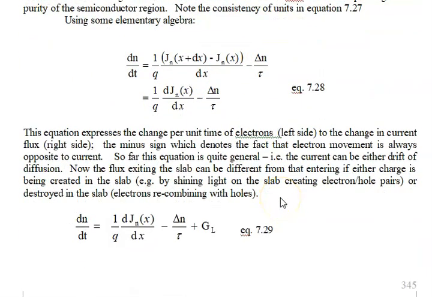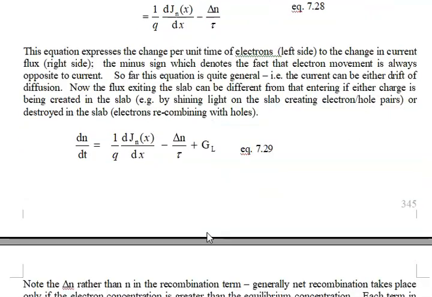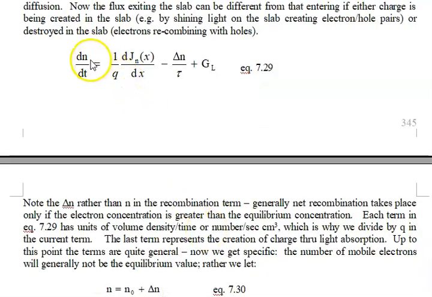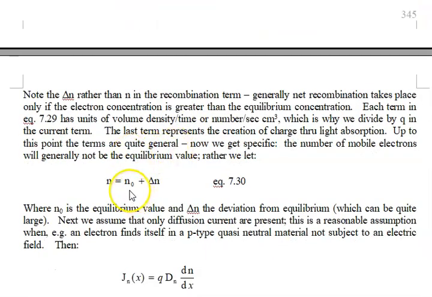and we continue by adding the light term. This is destructive. That's why it has a minus sign. The number of charges goes down. Here, the number of charges will go up because light is absorbed. Now, what we're saying here is that n, the total number of charge in the slab, is equal to some equilibrium number plus an excess number. Now,